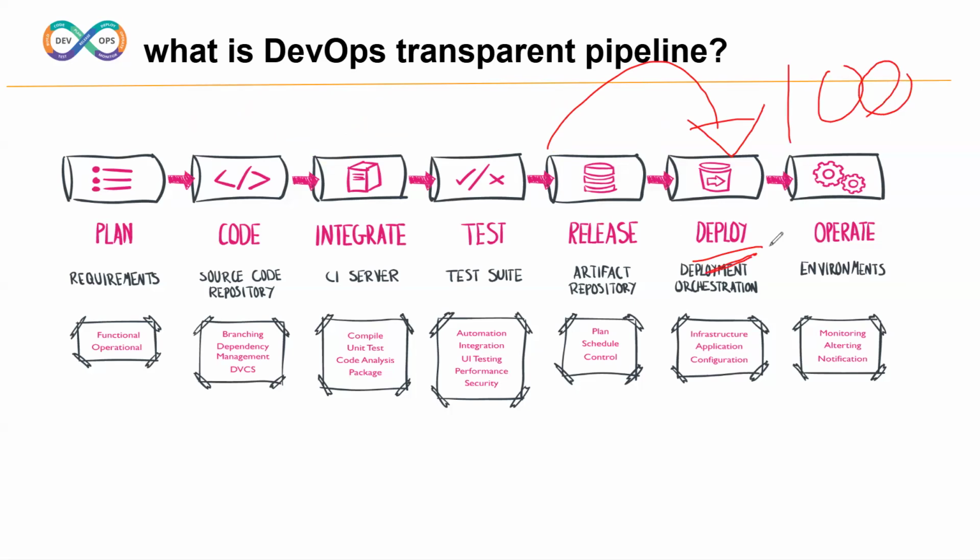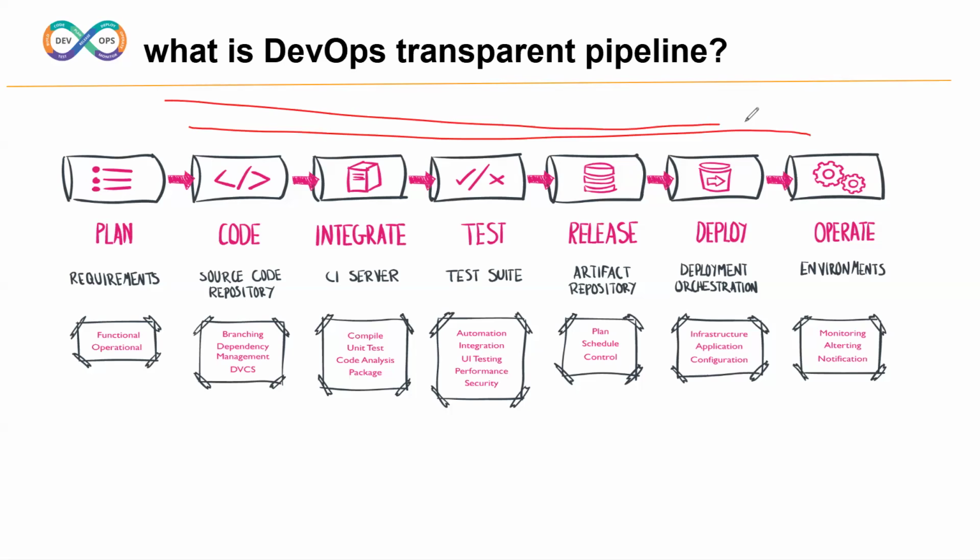Deployment. Once we have deployed our applications on hundreds of servers, we can access them over the internet as a website, like Flipkart, Amazon or BookMyShow. Whether they're working or not, we're going to monitor and maintain them. This entire process, what are we calling it? The DevOps transparent pipeline.